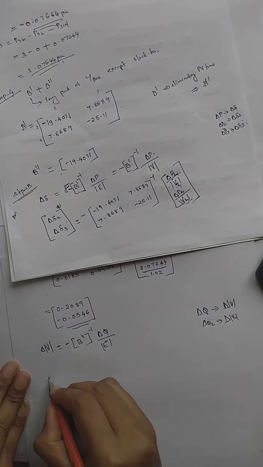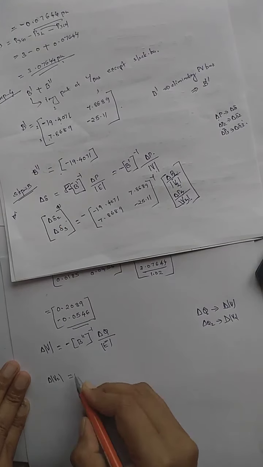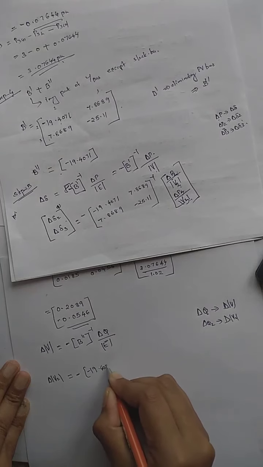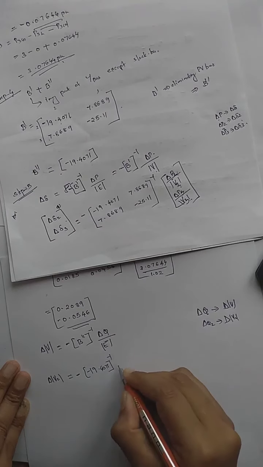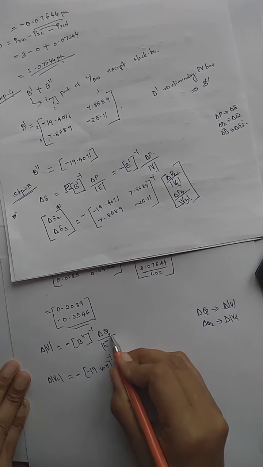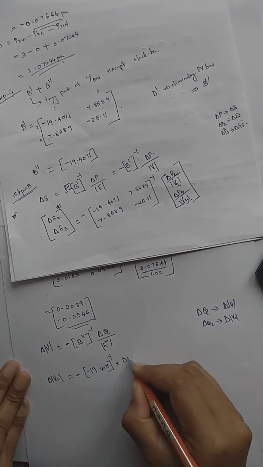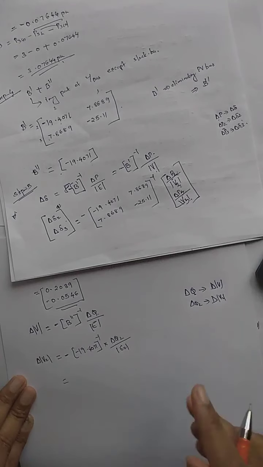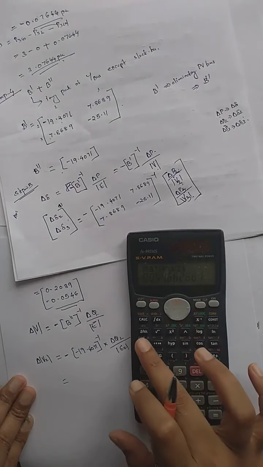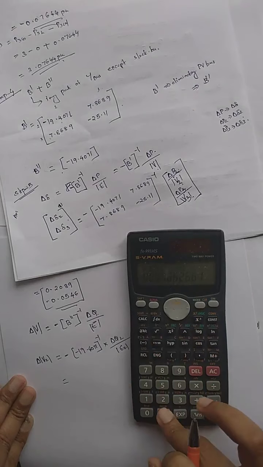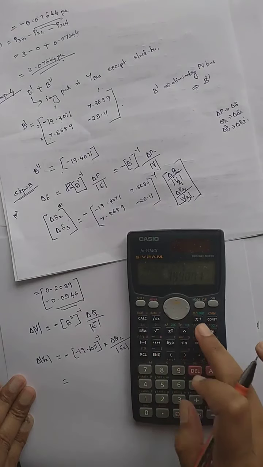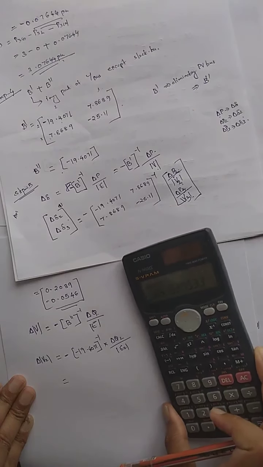So I am writing delta V2 is equal to minus B dash inverse, B dash is 19.4071, inverse into what is delta Q2 by E2 value, isn't it? So that is equal to minus 19.4071 inverse is equal to minus